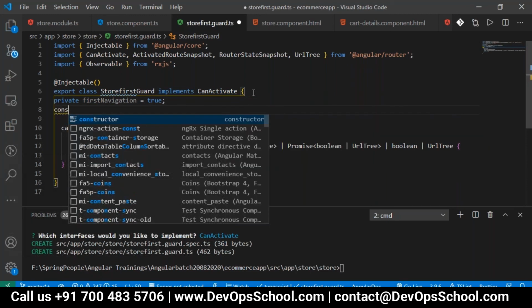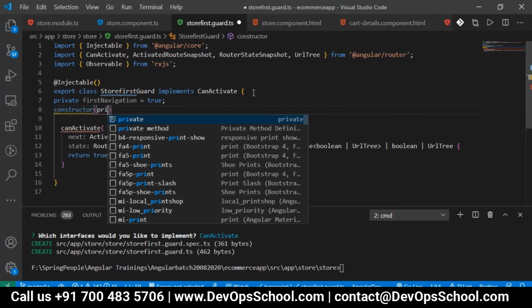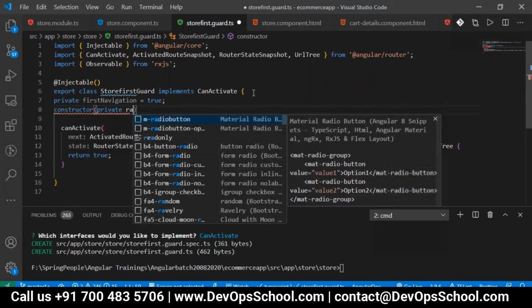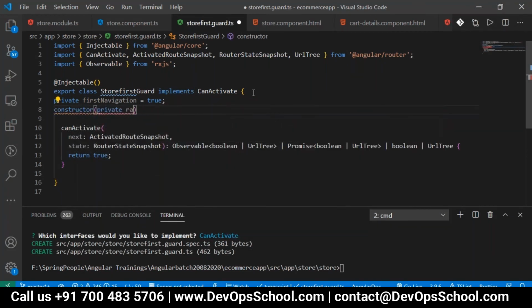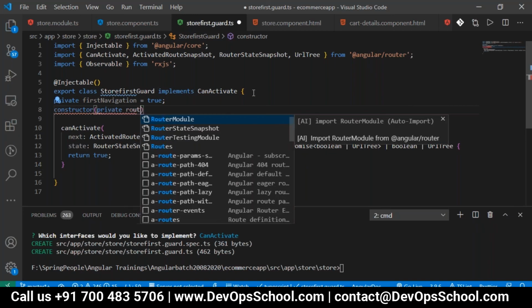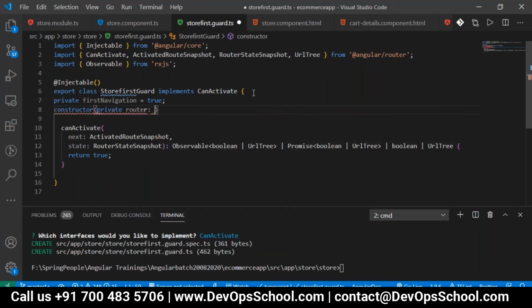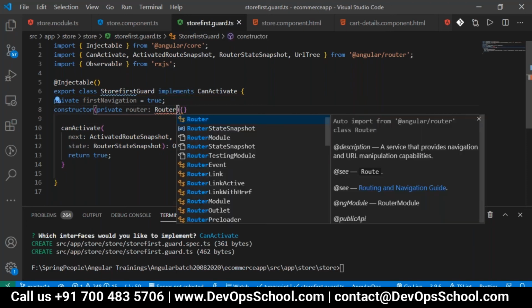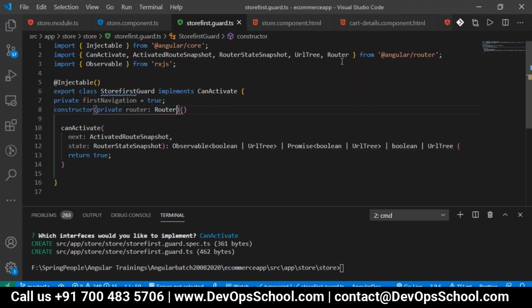Then I require a constructor to work with the router. I just created the constructor, and Router should be imported here from the Angular router.